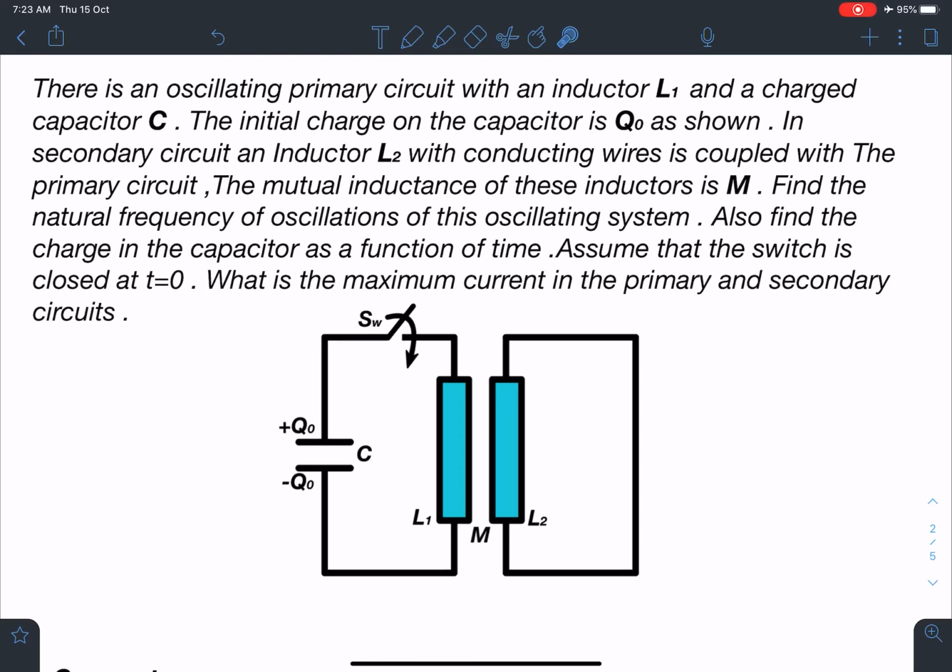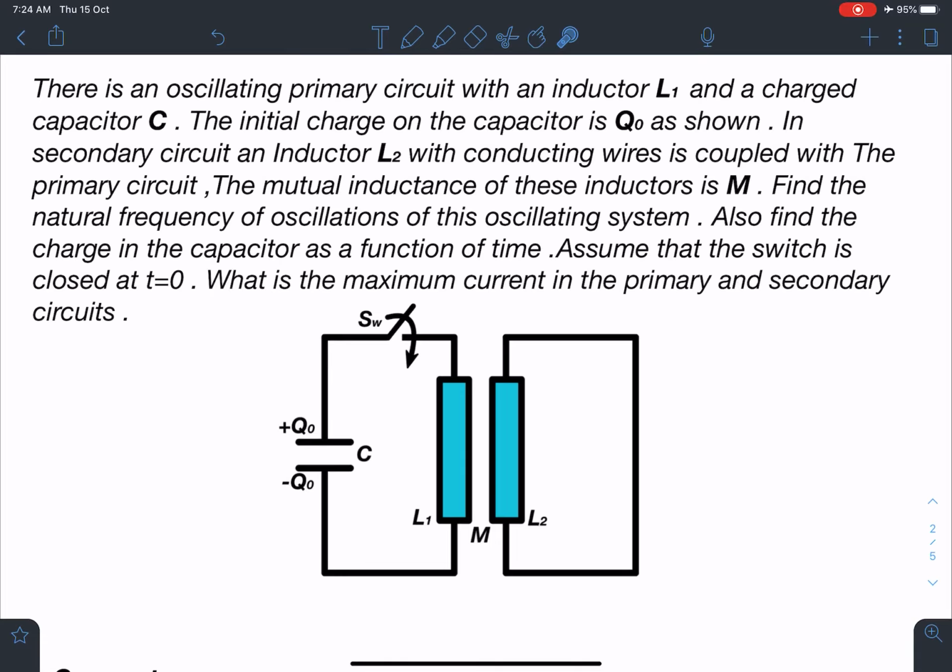So it's a very nice problem, very conceptual, and people make a lot of mistakes, especially with plus and minus sign when it comes to mutual inductance. There was a similar problem in JEE Advanced 2020 this year, and you can try that problem also after going through this problem. You must try that. I'm sure you'll be doing better than that. You can solve that question completely. So let's discuss this problem here.